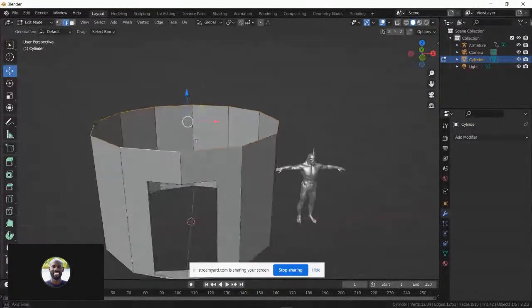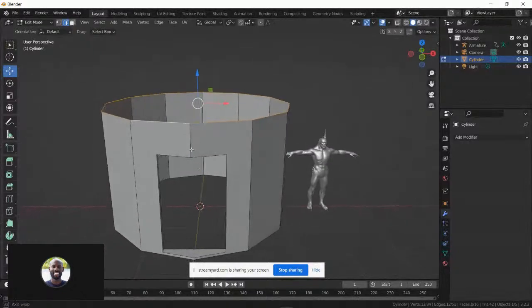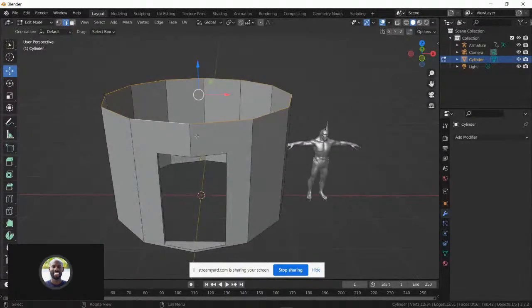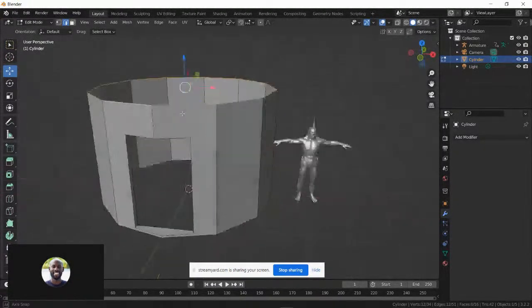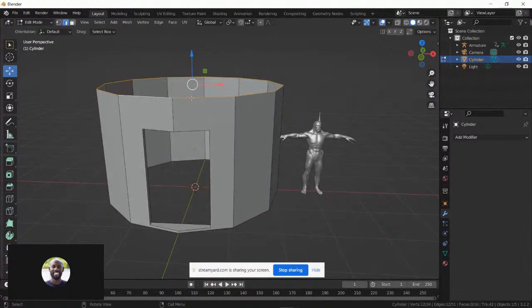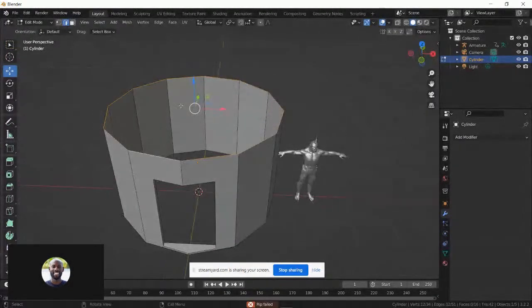So now that we have that, we need to duplicate this. We need to take this out and bring it out, separating it from this mesh. Let me see, how am I going to split it from this mesh? Let me try the V. No, it's not the V. It's